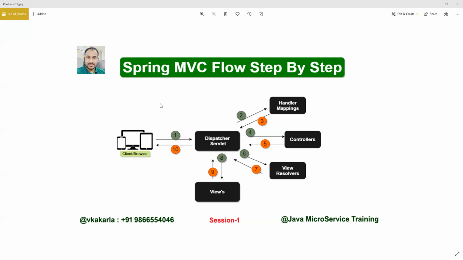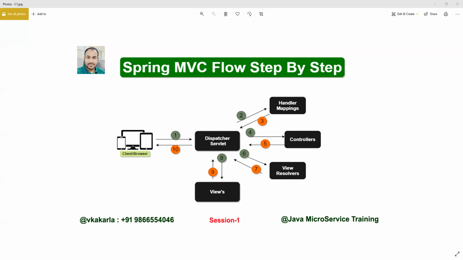Here, first of all, the Spring framework has a lot of modules. It has a Spring core module, a Spring web module for developing web applications, and an ORM module. There are a lot of modules in Spring. Here we are talking about the whole Spring architecture, so whenever the request comes in, this is what I want to convey.